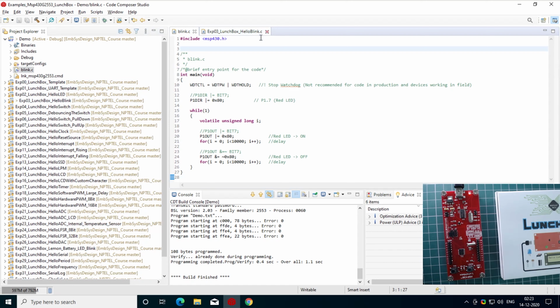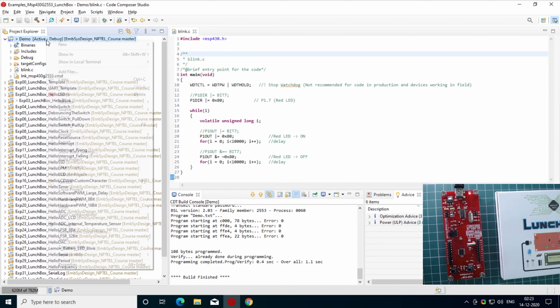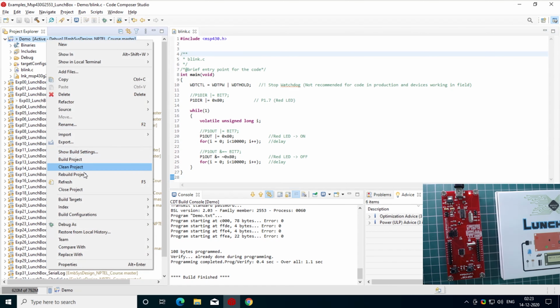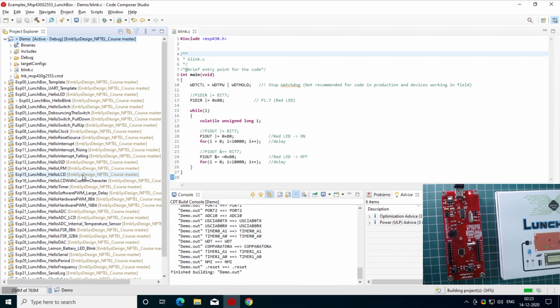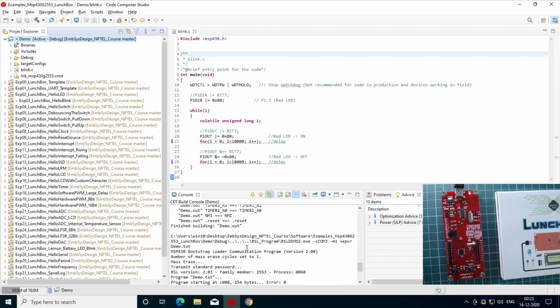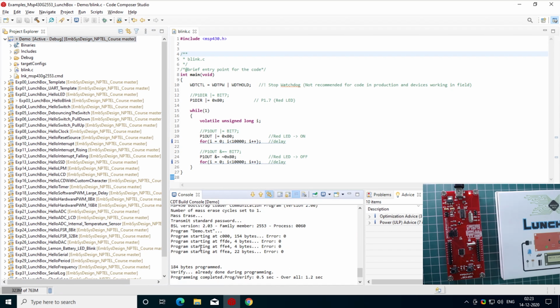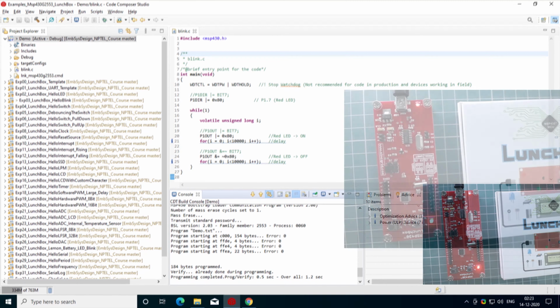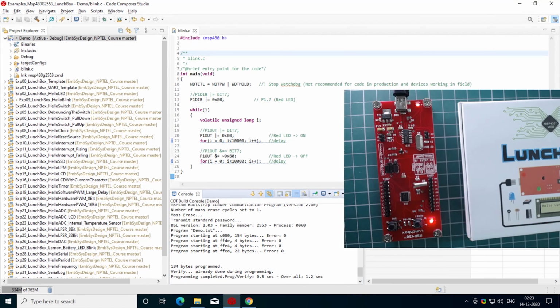Okay, and again we will right click on this project and perform the rebuild project operation. So in the end it will again execute this program to push the TI-TXT format file to the hardware, and now our program is done, and you can see on the right side that the LED is blinking as expected.